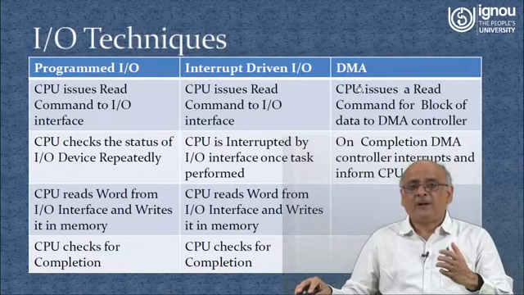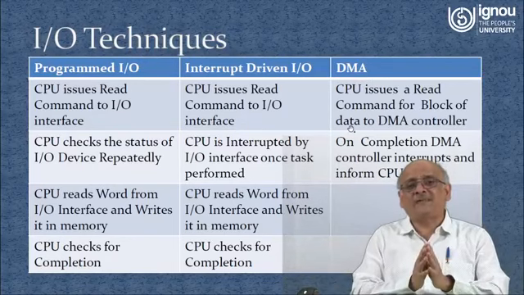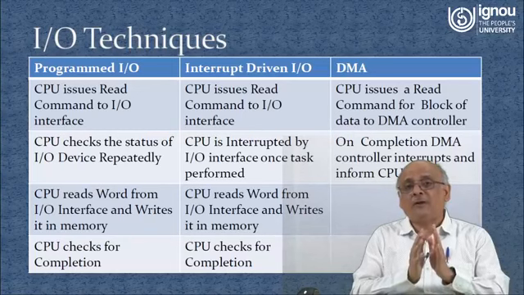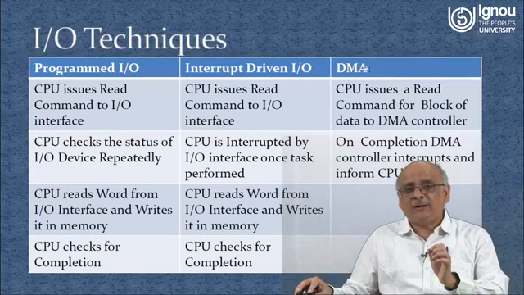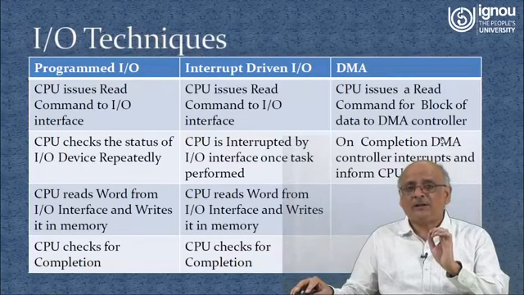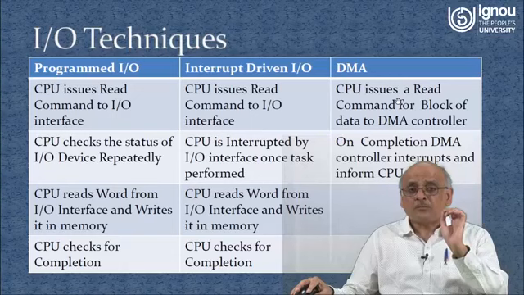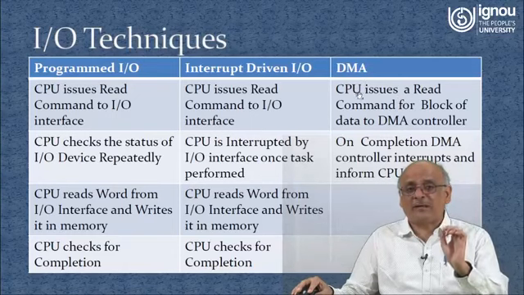What about DMA? Now DMA is a very interesting scenario where the CPU gives a block read. DMA is called direct memory access, and most of the faster devices like your hard disk follow the DMA mechanism, where the CPU says, read these blocks. So it will transfer the address of those blocks. Then the DMA module is very, very intelligent. It is going to take control of your bus and directly put the content into the memory locations which have been specified by the CPU.